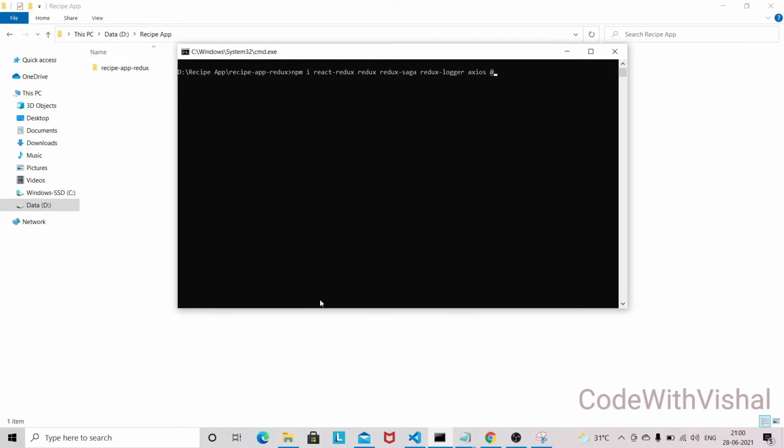In this project we are also using Material UI, so we need to install Material UI core and Material UI icons as well. This much dependency is required in this project, and meanwhile the packages are installing, I will open this project in Visual Studio Code.